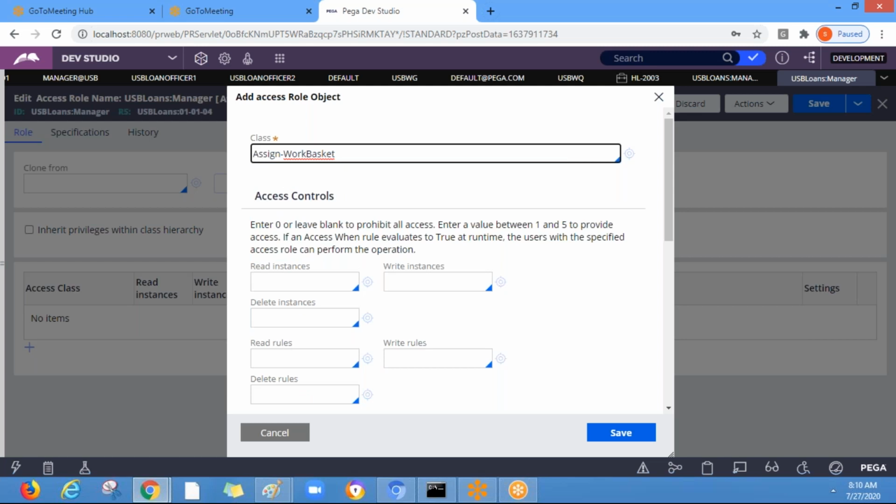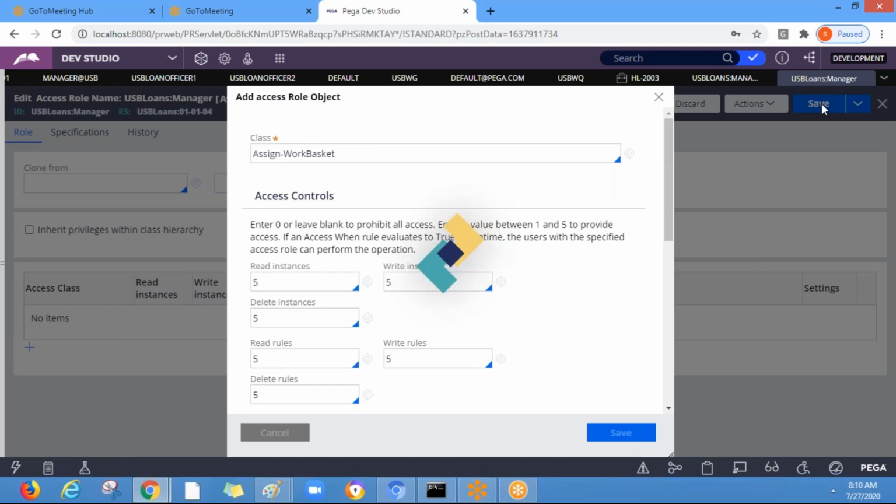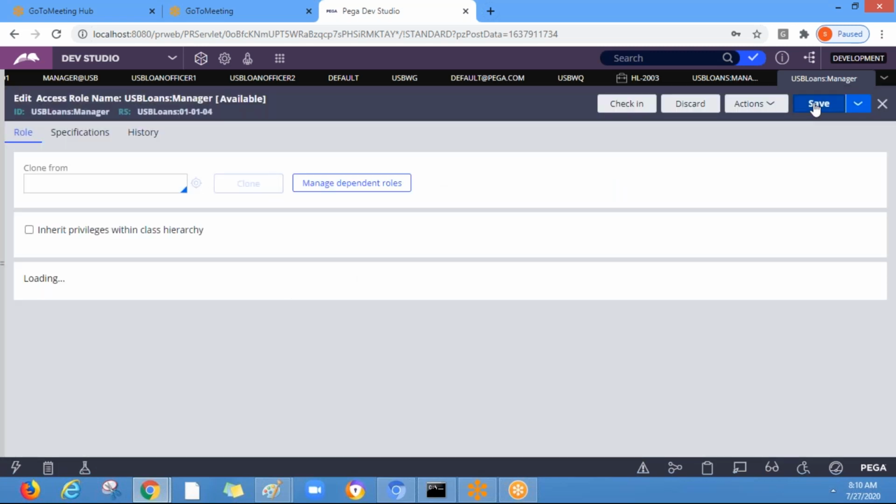So this is a separate concept. This comes under security, so we'll be discussing it later as part of the security concepts. So for you, it will allow you to perform the assignment.